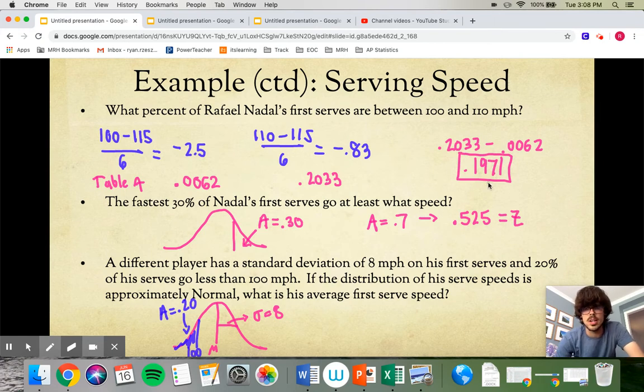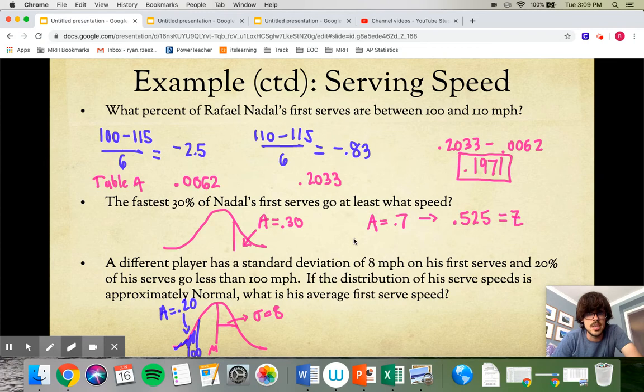And I didn't write the context and the picture because we've already done the same problem several times. Same thing with these last two here. I'm more interested in showing you guys the conceptual answer. When you do these yourself, if this was a quiz question, your final thing to do would always be restate the answer in context. So on this next problem here, it said the fastest 30% of his first serves go